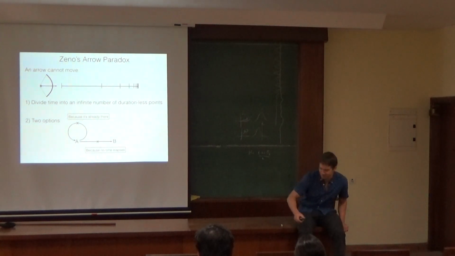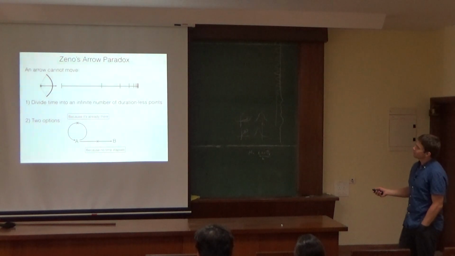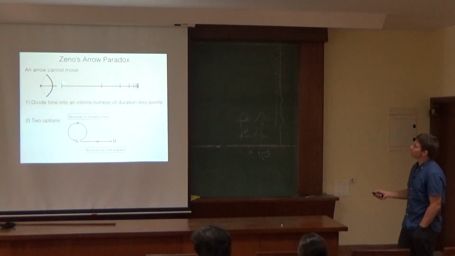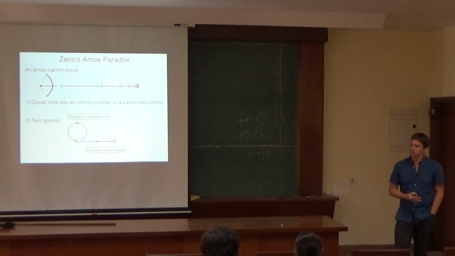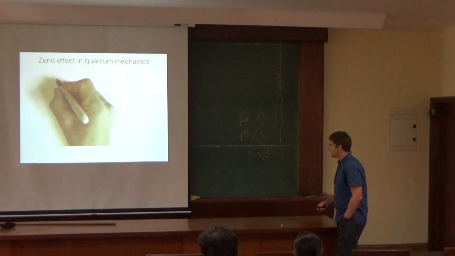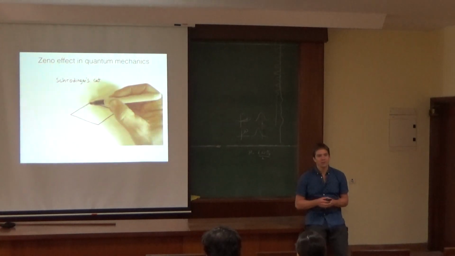So you can do what you will with Zeno's argument. But the idea is that somehow, by dividing time into these points, or by thinking about it very often, asking where is it, where is it, where is it, you can alter its dynamics. That's the case. So to understand the Zeno effect in quantum mechanics, it's nice to think about the Schrodinger's cat